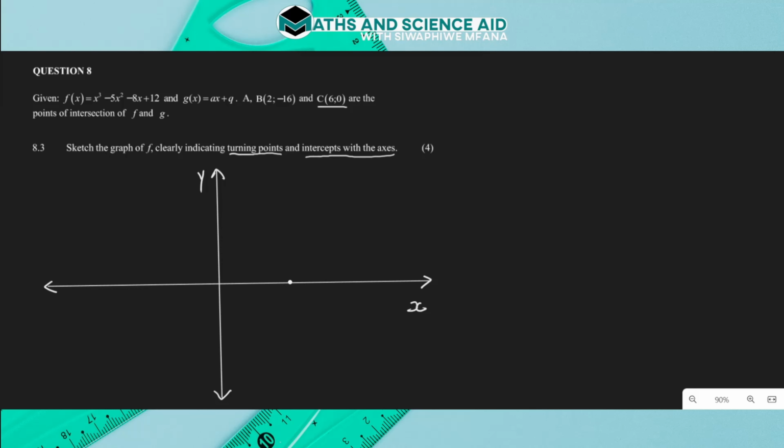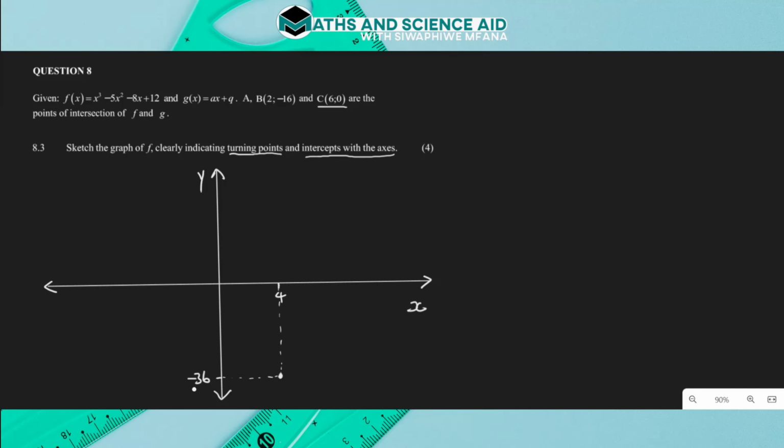In 8.1, we found that one of the turning points has the coordinates of 4 and negative 36. So for that one, it means that if we have x equal to 4,